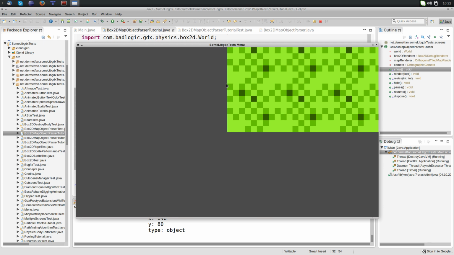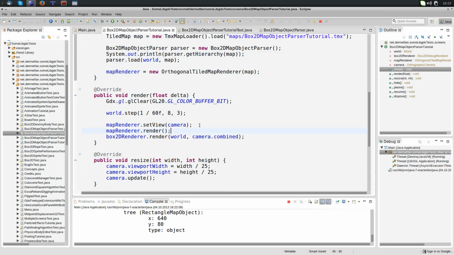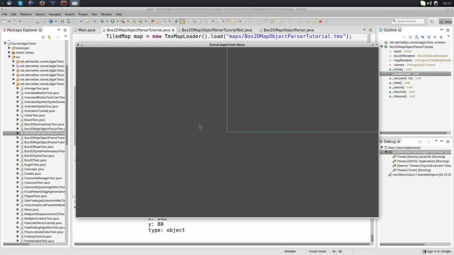You can't really see it, but there is this green line from the Box2D debug renderer. So let's just disable the map rendering here, and you'll see there it is. This is the Box2D object. Now the first thing that you think, dude, this is way too big, I don't want to have it this big in my map. That's no problem,